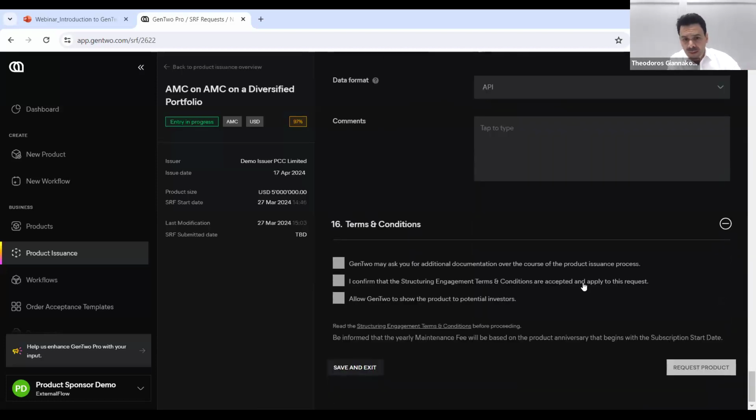If I saw the time correctly, it took us approximately 15 minutes to create this product, even with explanations. Obviously, that means that once somebody does it once in real time, it usually takes something like 5 to 10 minutes for every new product from the platform, right? Now, there are two options to select once we're at this stage. On the bottom right, once I agree on the different terms, I could click request product,